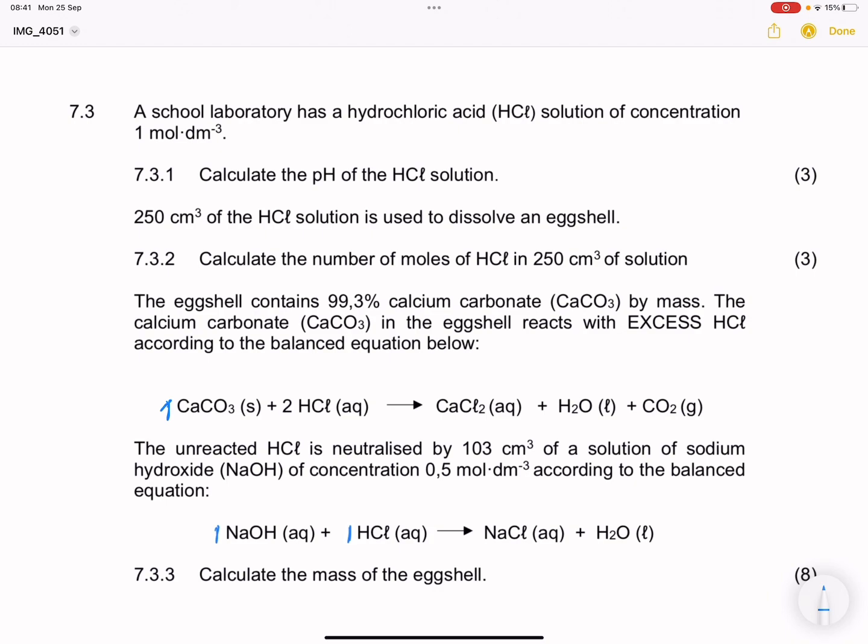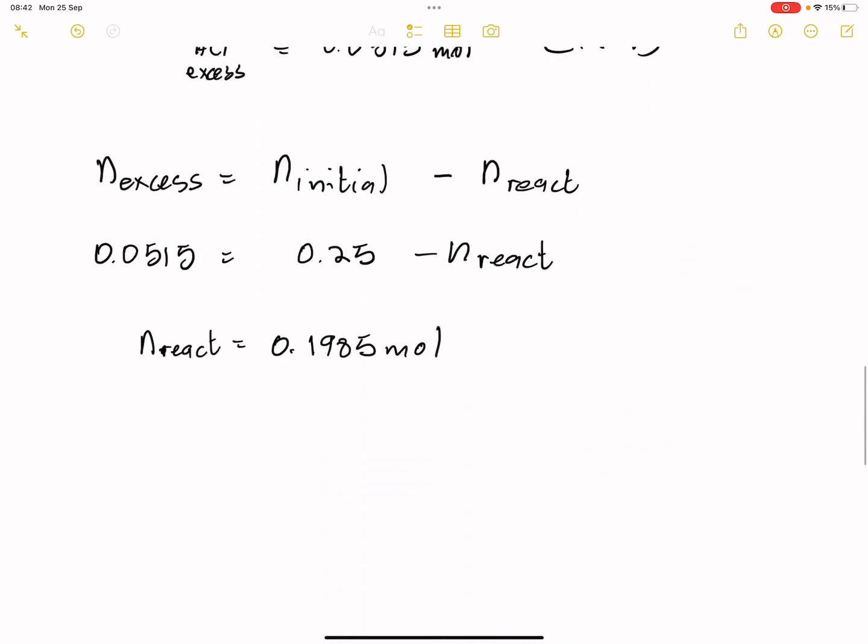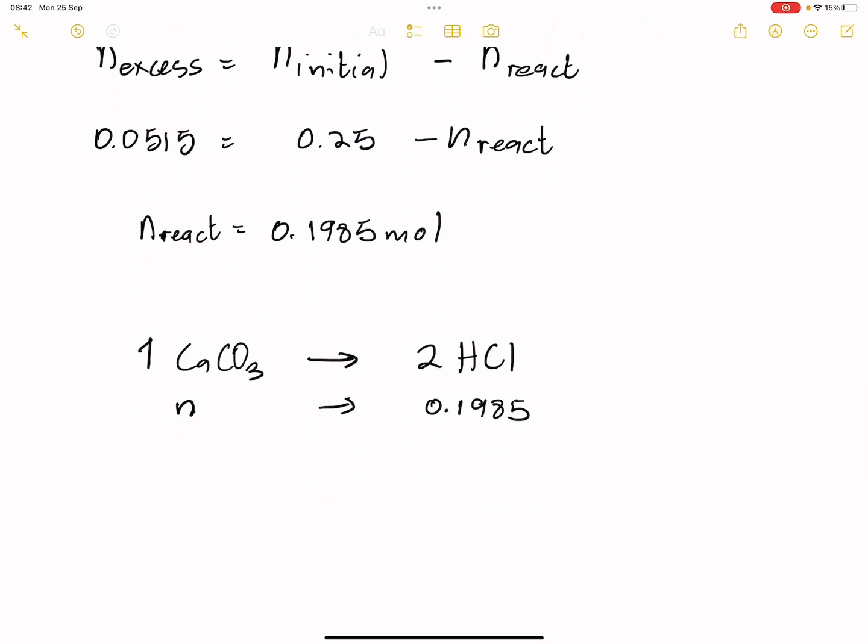For every 1 mole of calcium carbonate, I get 2 moles of hydrochloric acid. Can you see that? So the question is, for how many moles of calcium carbonate will I therefore get 0.1985 moles of hydrochloric acid? So I'm looking for the number of moles of calcium carbonate. So I take the coefficients. 2 times n will give me 2n, and 1 times 0.1985 will give me 0.1985. And if we divide that by 2,